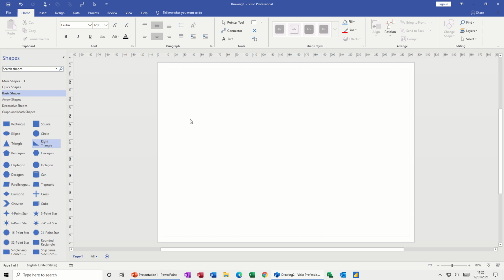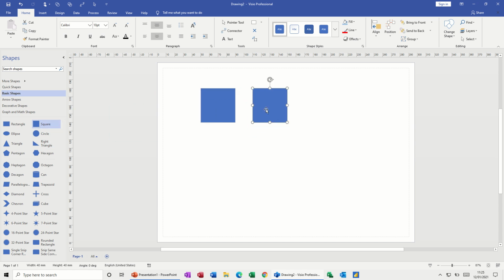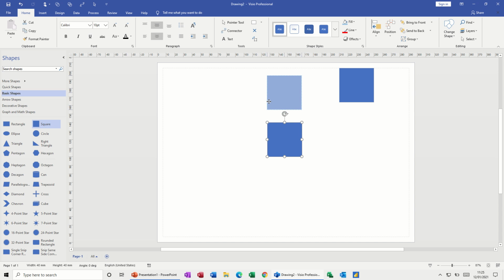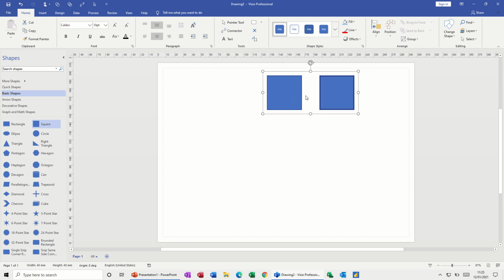So I'm in the basic diagram, so I've just got basic shapes. I'm just going to bring a couple of shapes onto the screen, these two. Now, when you move things around as it is at the moment with Visio, you need to move individual things around. You can actually group these. If I use my shift key, I can click on the two of them